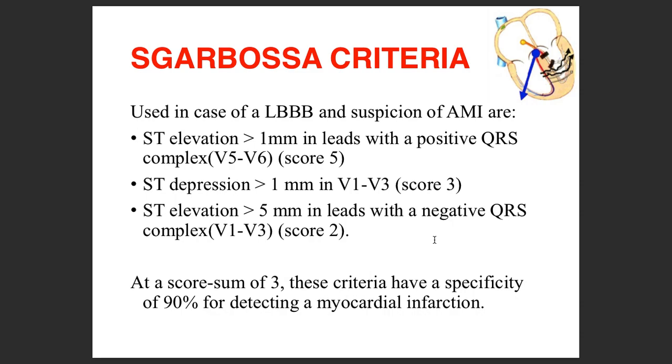If there is ST elevation of 5 millimeters but with a negative QRS, this is what is called a discordance. I'm going to give you some more examples as well. If you get a score of more than 3, then 90% of such patients